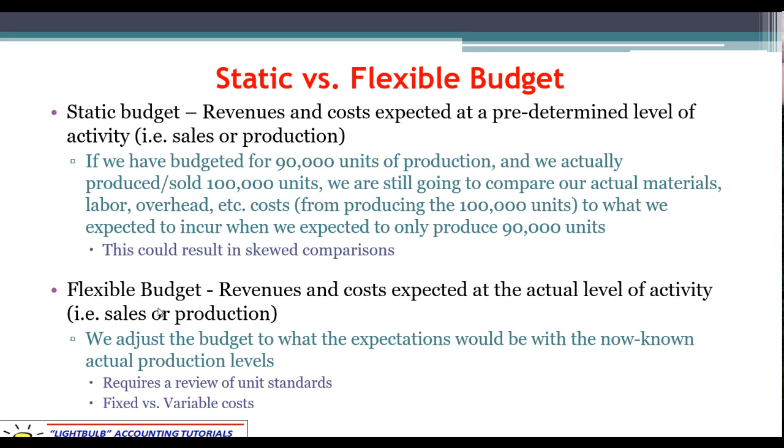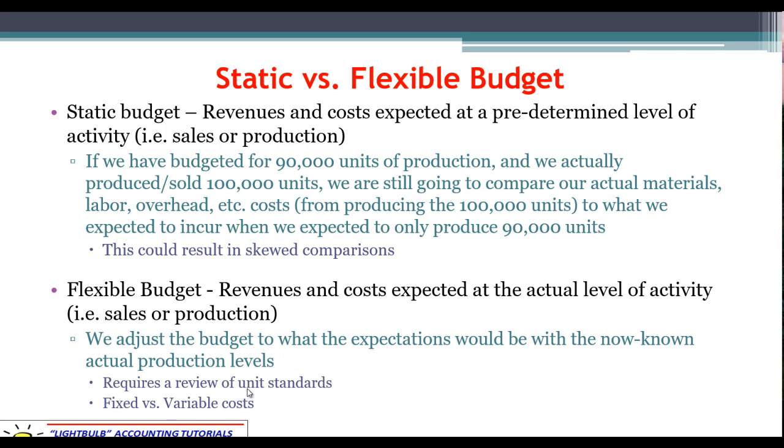A flexible budget, on the other hand, adjusts the revenues and costs to the level of actual production. Now, I don't mean that it just takes every single number and just says, our budget was actually what our actual was, then there's never going to be a variance. We're not saying that by any means. We're saying if we expected a certain amount at 90,000 units, then what should we expect at the actual level of 100,000 units? How much cost per unit? How much revenue per unit? So that's what we're doing with a flexible budget.